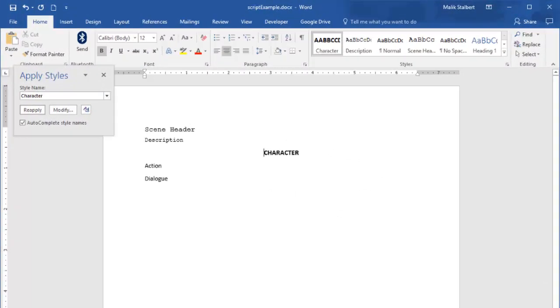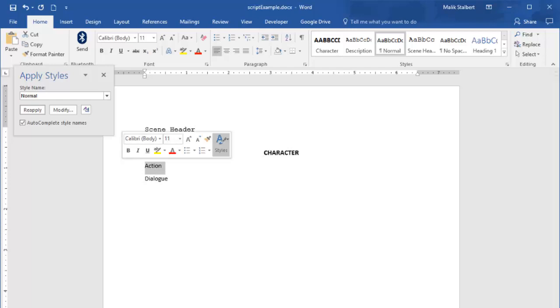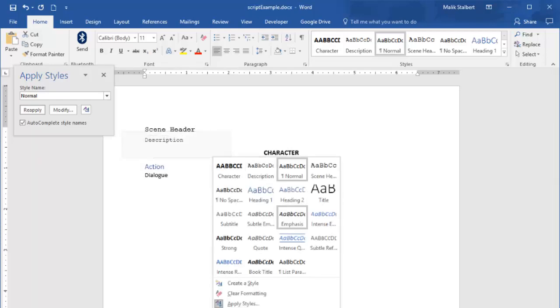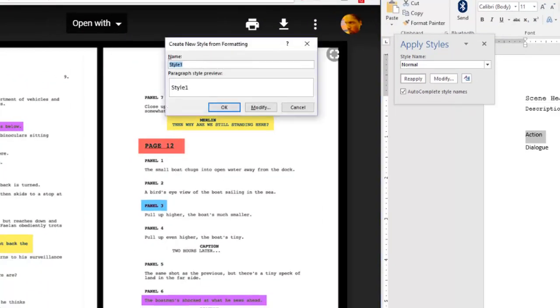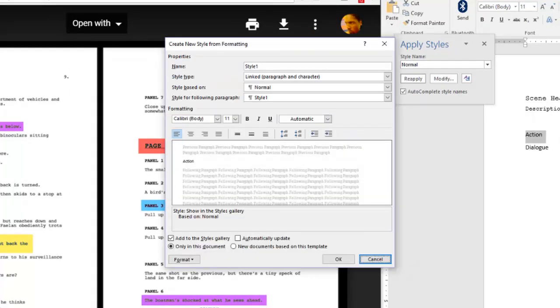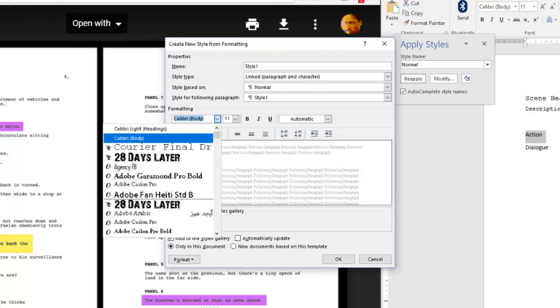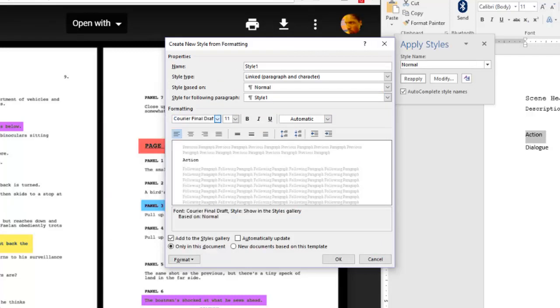I'm going to do the same thing with the action. First I'm going to go here to the action, and then I'm going to apply a style. Right now it's normal style, but I want to create myself a style for the action. And that's this part right here, the action. I'm going to modify here, change the font to Courier, and I'm going to want that to be 12.